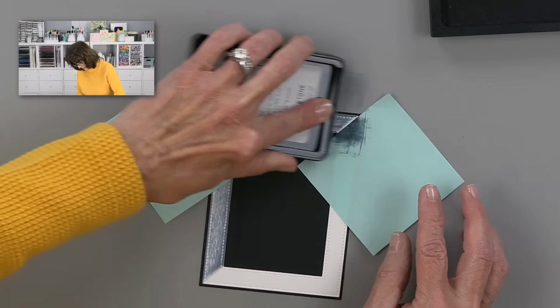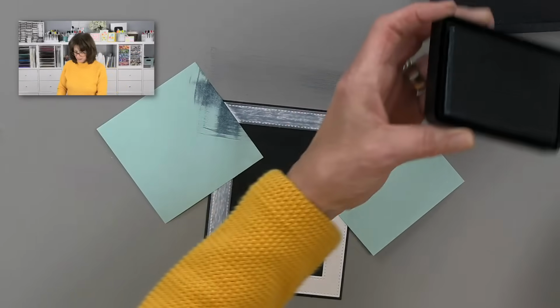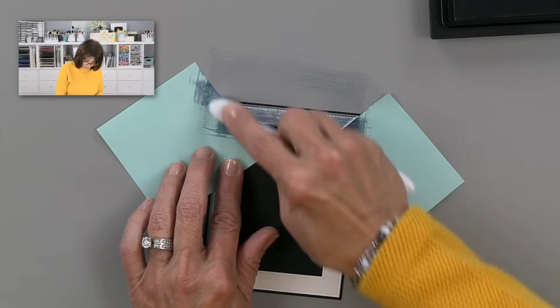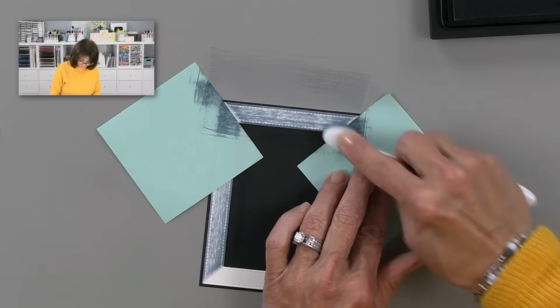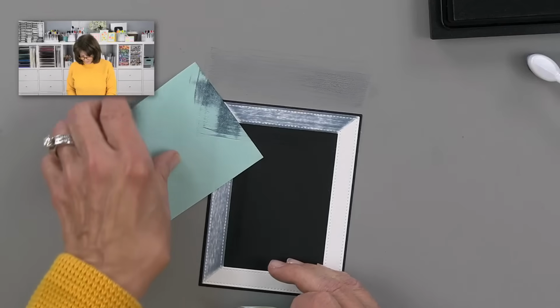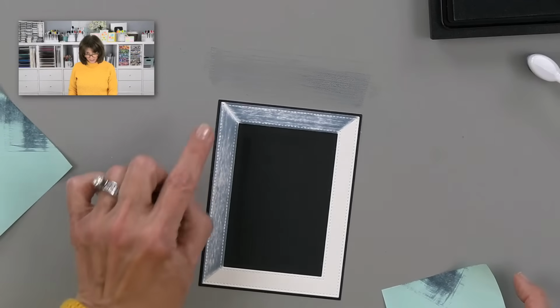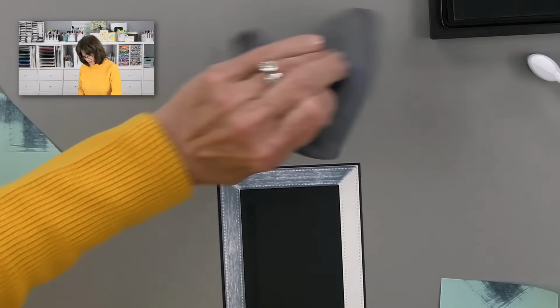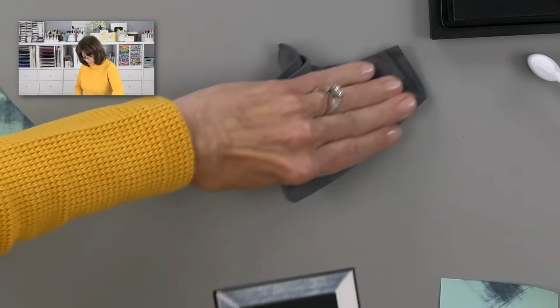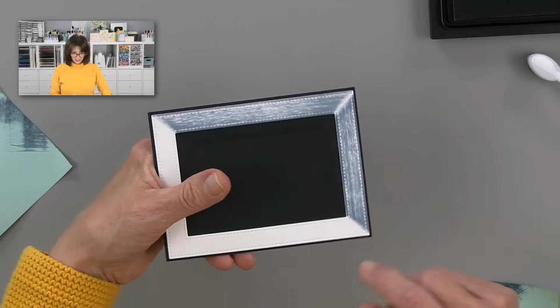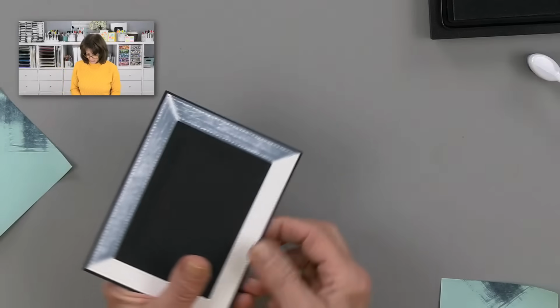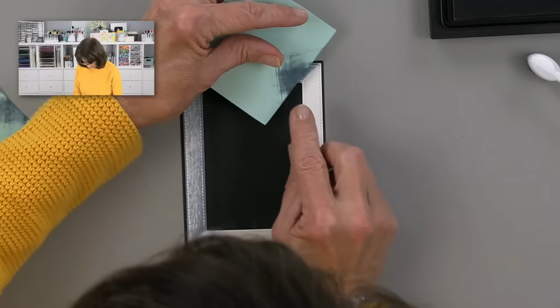Come back across this way. And we're going to again add a little bit of gray in there so it's not too stark white. Now we've got that mitered edge. We're going to calm that down a little bit. I know that's bright. We're going to calm that down so it's going to look a little bit better. But if we just went and wood grained the whole thing in one direction, it wouldn't look realistic, right? You need kind of the grain to be coming in these different directions. That is crazy. Isn't that fun?